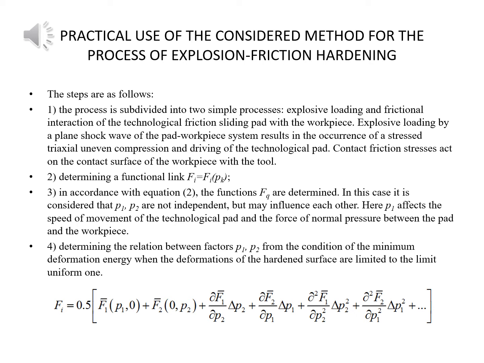Second one, determining a functional link Fi as a function of Pq. Third one, in accordance with equation 2, the functions Fq are determined. In this case, it is considered that P1 and P2 are not independent, but may influence each other. Here,